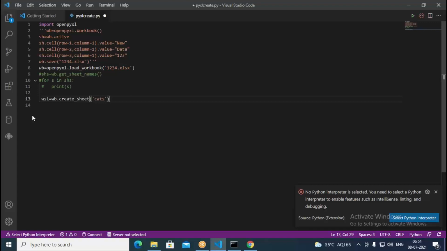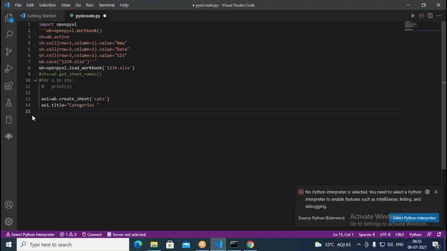It's nothing but categories. We are going to create categories, then put here ws1.title equal to categories. Okay, the sheet title is categories.